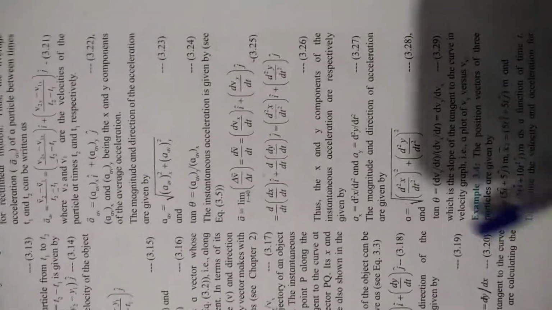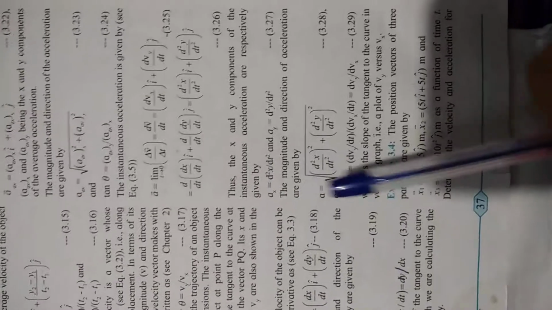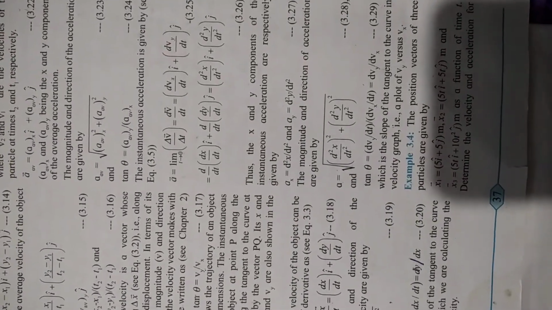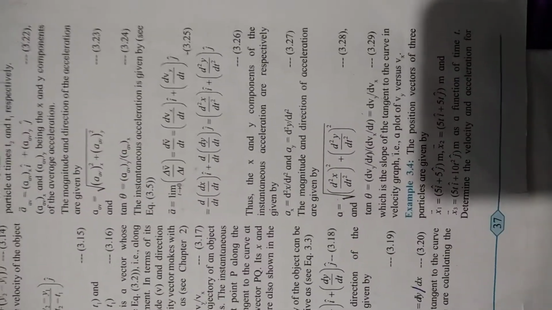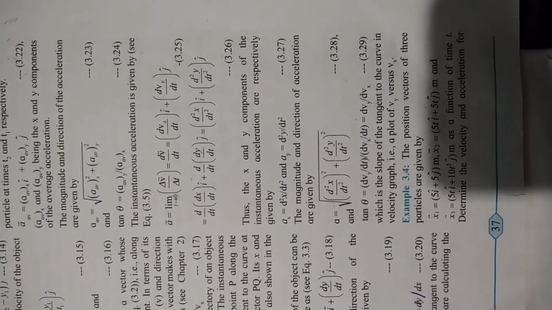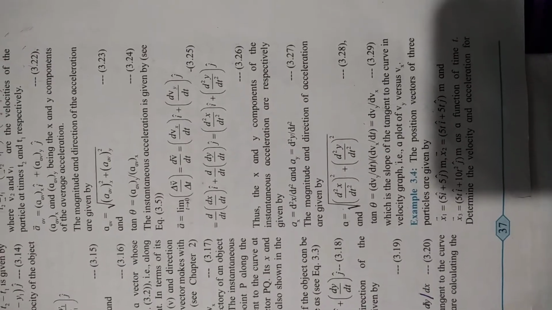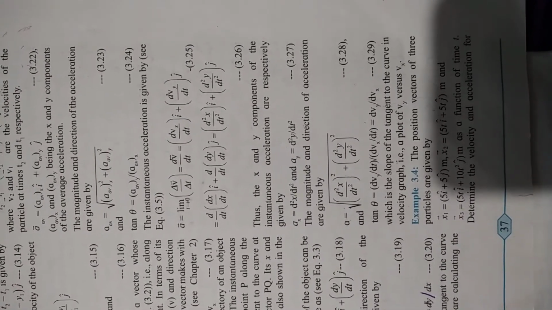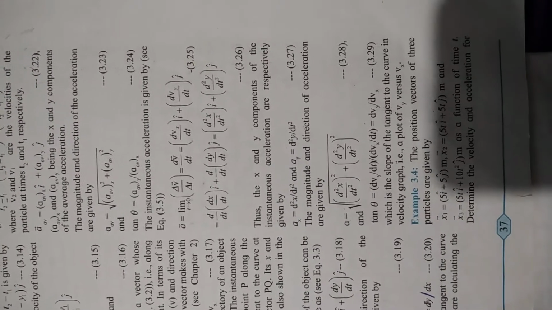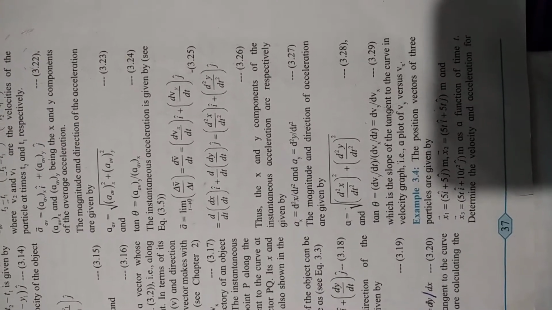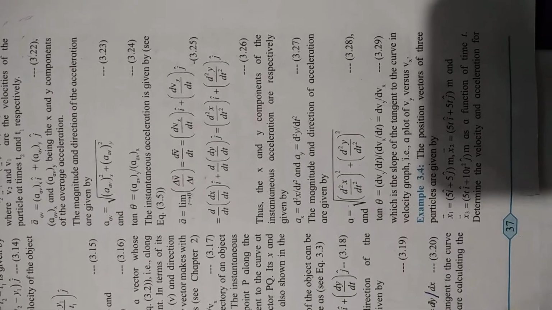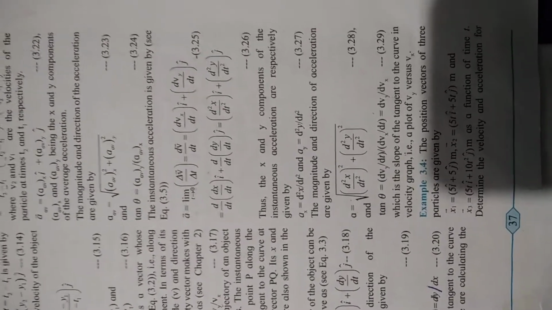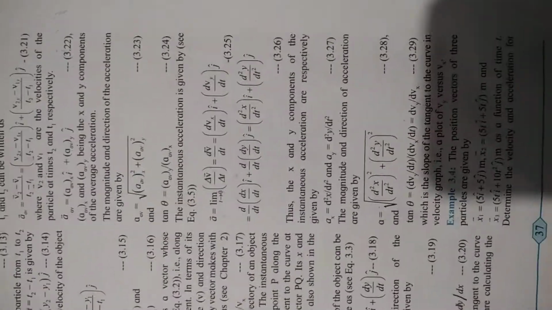Okay, so if you want magnitude and direction, then we get magnitude A is equal to under root of (d square x by dt square) whole square plus (d square y by dt square) whole square. That gives you the magnitude of acceleration, and the direction, if you want, then we get tan theta is equal to dvy by dt divided by dvx by dt. So dt gets cancelled, we get dvy by dvx. That we get tan theta is equal to dvy by dvx, theta is tan inverse of dvy by dvx. I hope you have got this point.